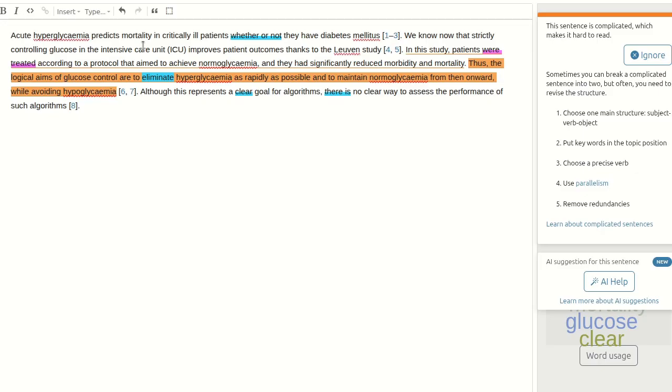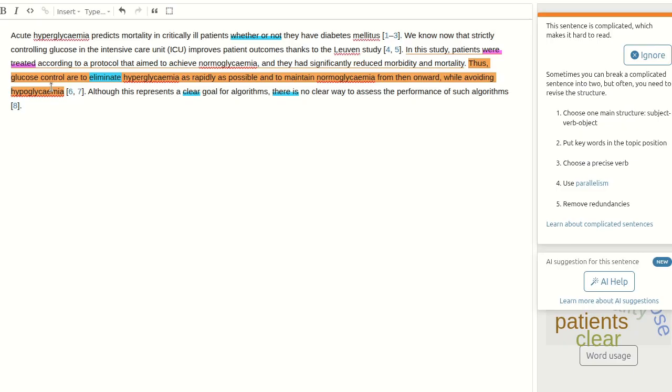So what if I removed this abstract noun from the beginning and I made the subject glucose control? Now the sentence is about glucose control, which is, hey, what the actual research is about. This is one of the key words in the research. So it makes sense that I would talk about glucose control in the topic position. Now I want to give a nuance that tells me about the aims of it. Here I could use a word like "should." Thus, glucose control should eliminate